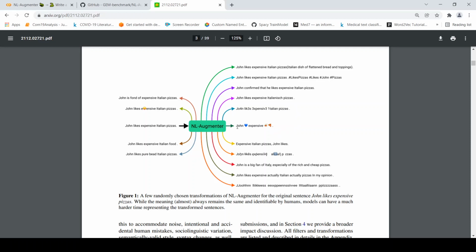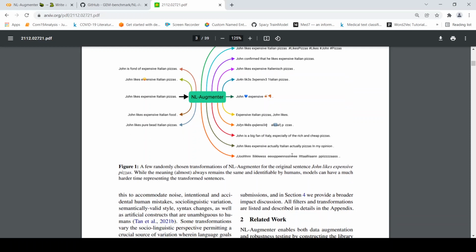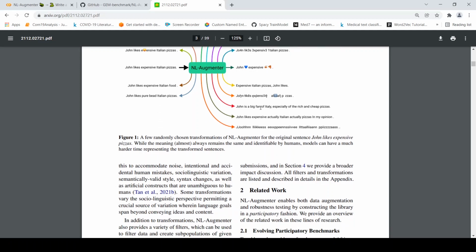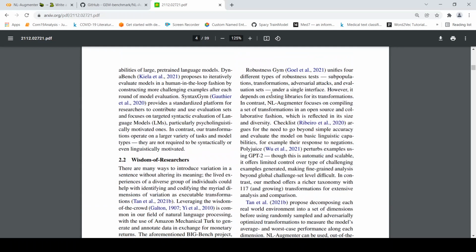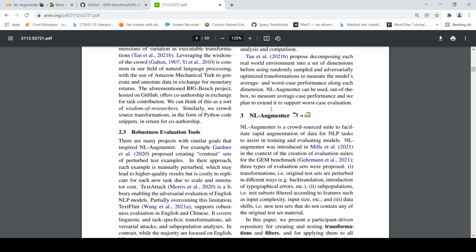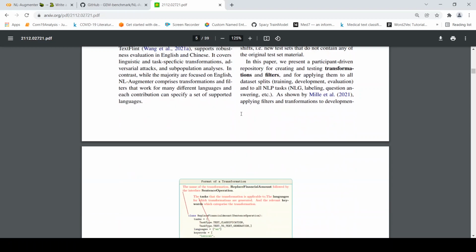For example, using emojis, using social media language, like hashtag likes, John pizzas, things like this, right? Or even if there are spelling mistakes or grammatical mistakes, we can still make it out. But for a model, it becomes really difficult. That is why when you want to scale models, you want to give as many examples as possible for it to learn from. So this is nice. Then they talk about how they combined these and what evaluation tools they used.